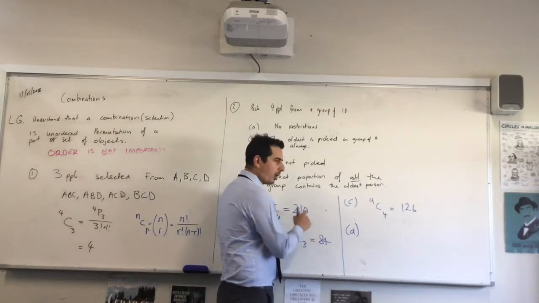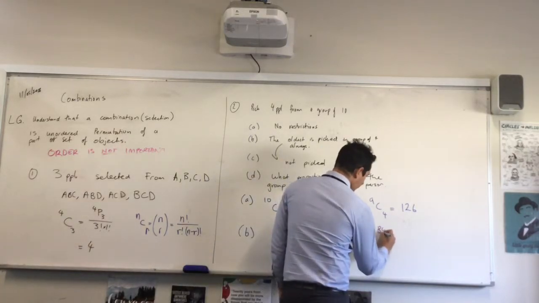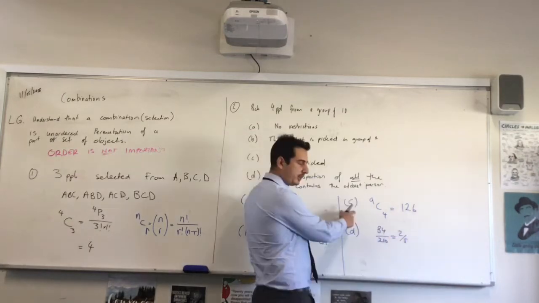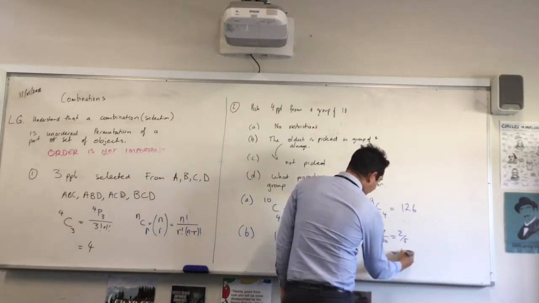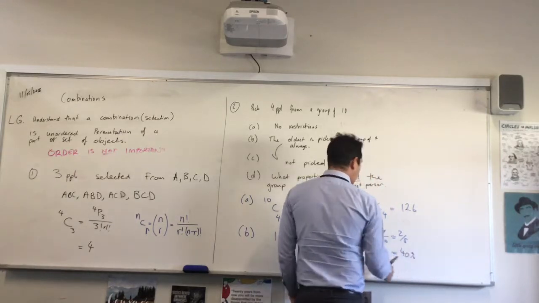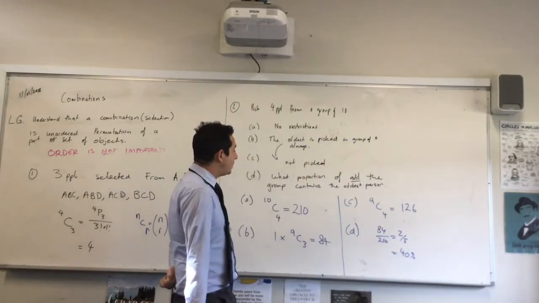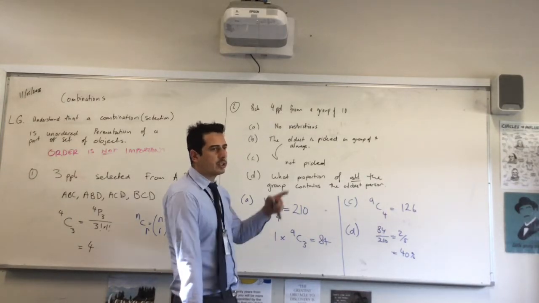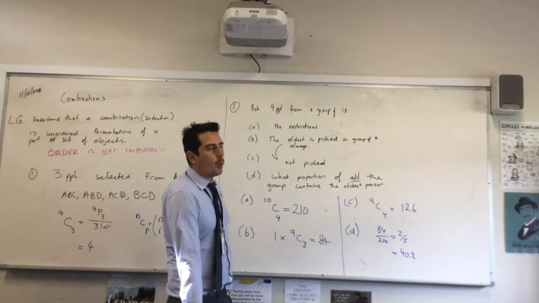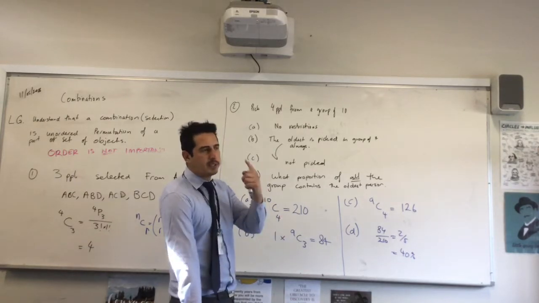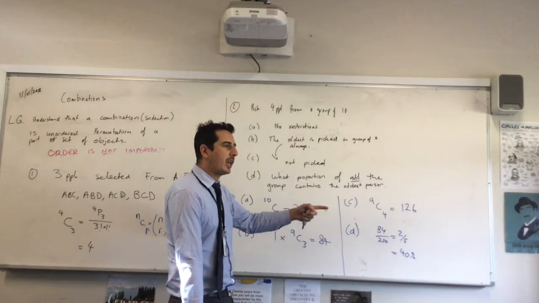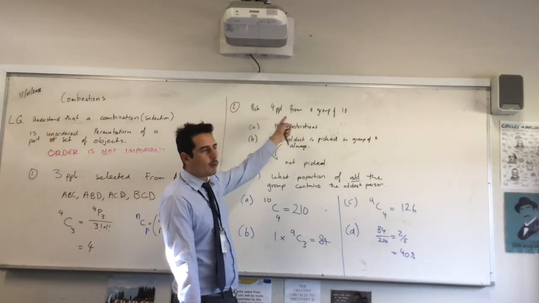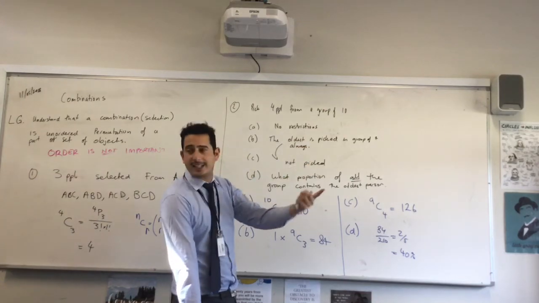So it has to be 84 over 210, which is 9 choose 3 over 10 choose 4. Which is actually 2 over 5, and that equals 40%. We just picked one person. Out of all those combinations, if you're one person, you've got a 40% chance of getting into that group. And that actually makes sense, because 4 out of 10 is 40%. We could have just